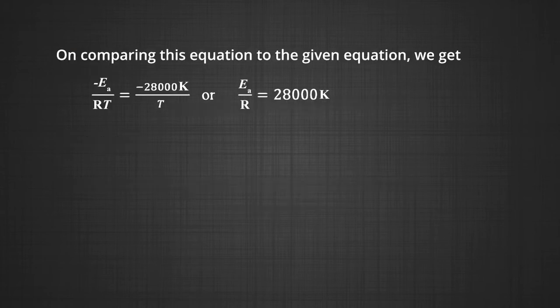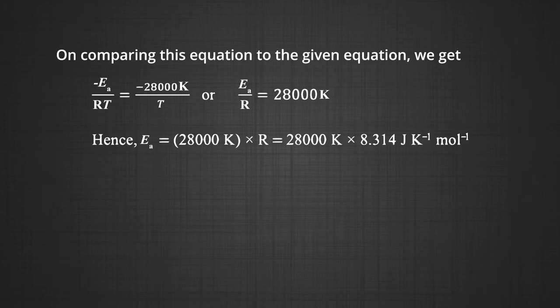On comparing with the given equation, we get minus EA by RT is equal to minus 28000 K by T, or EA by R is equal to 28000 K. Hence EA is equal to